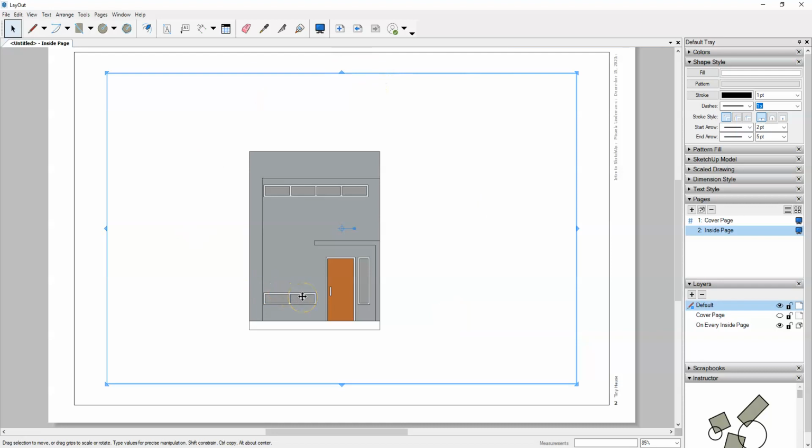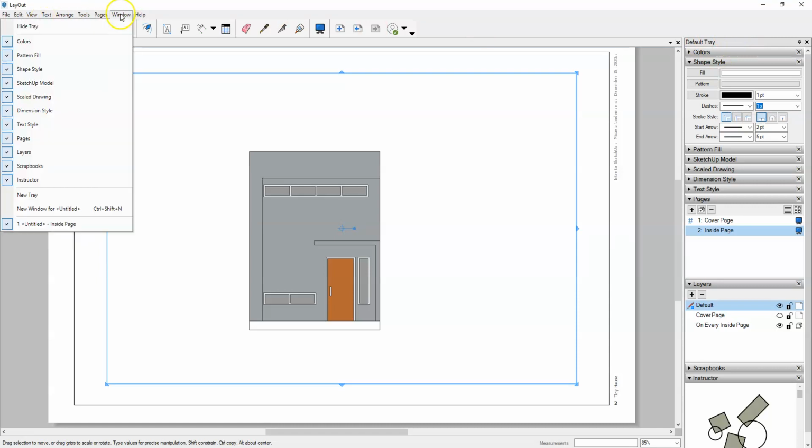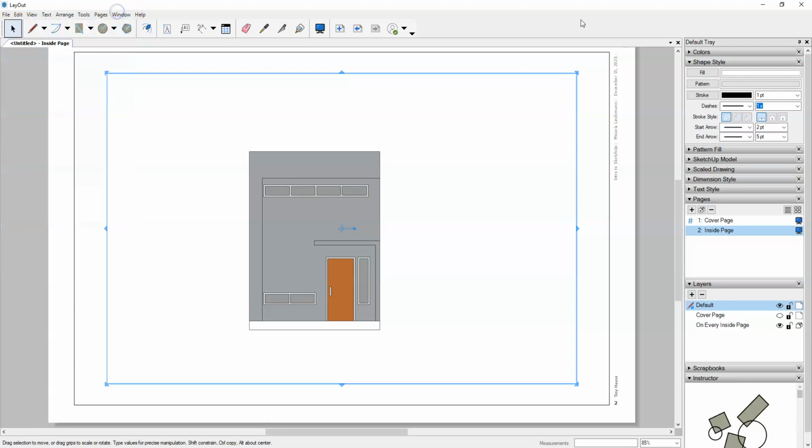And what we want to do now is in your default tray over here, you should have your default tray hopefully automatically popping up, but just like in SketchUp, if you're not seeing this, you come to your top ribbon, the Window tab, and if it's not visible, this will say Show Tray here. Mine says Hide Tray because my tray is already visible, but that's how you turn that on and off. So in your default tray here,